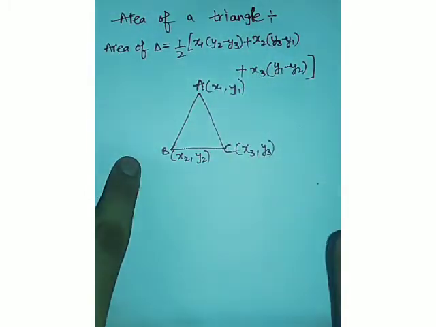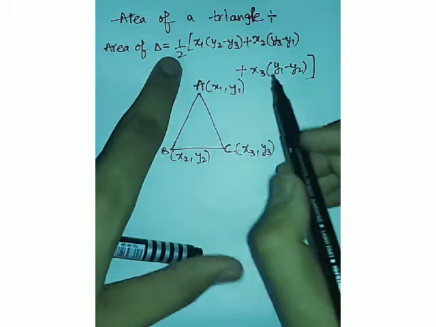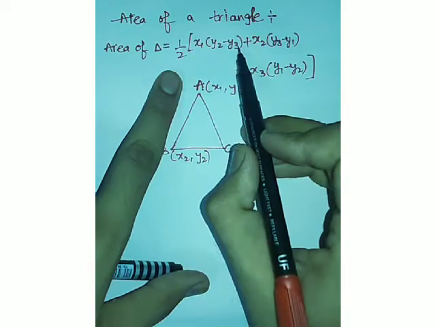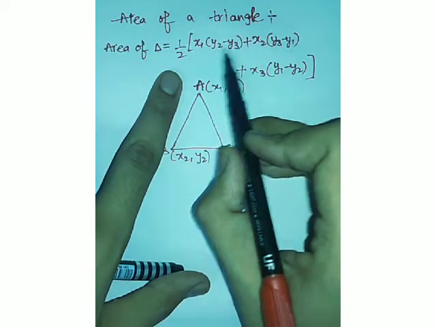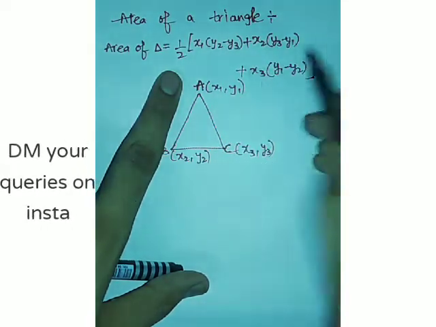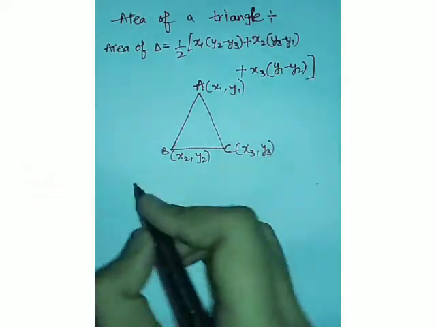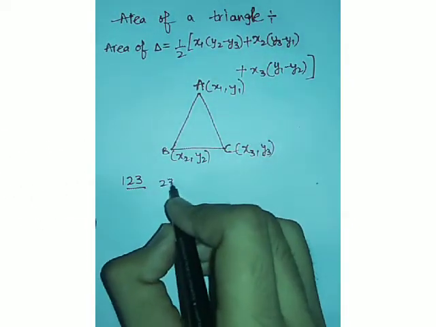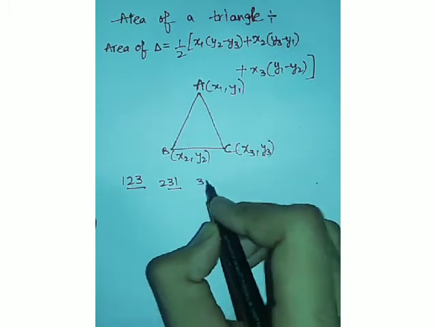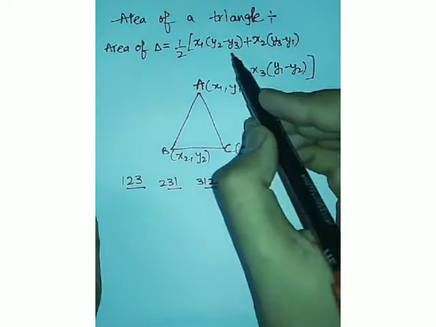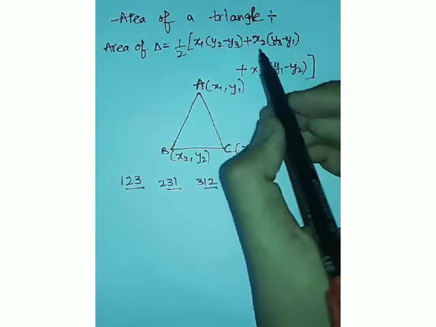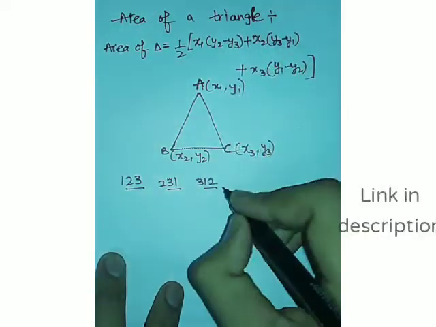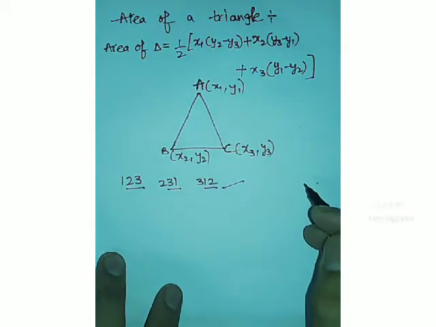Just learn 1, 2, 3. Apart from that, nothing to learn. 1, 2, 3, then start from 3? No, then start from 2, that is 2, 3, 1. And then 3, 1, 2. So firstly you will make a pair like 1, 2, 3. Then leave 1, you will get 2, 3, 1. Then leave 2, you will get 3, 1, 2. And write these in the base of x and y. You have to remember these signs, where it is plus and where it is minus. Using this technique, you can learn this formula very easily.